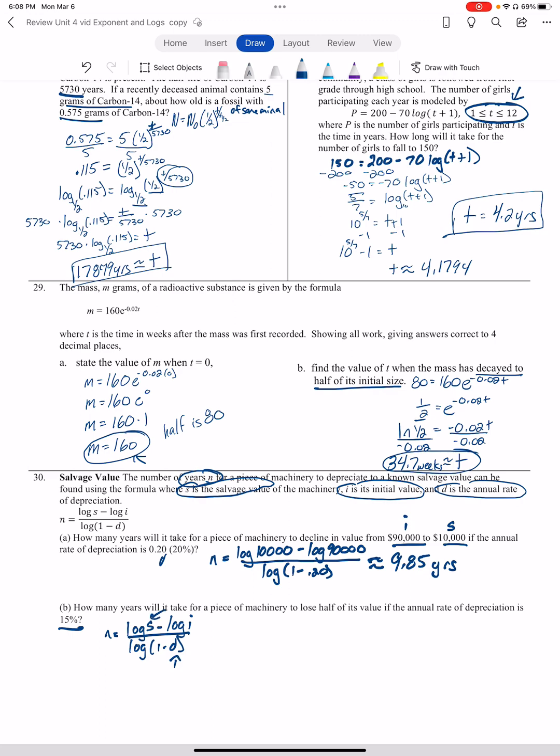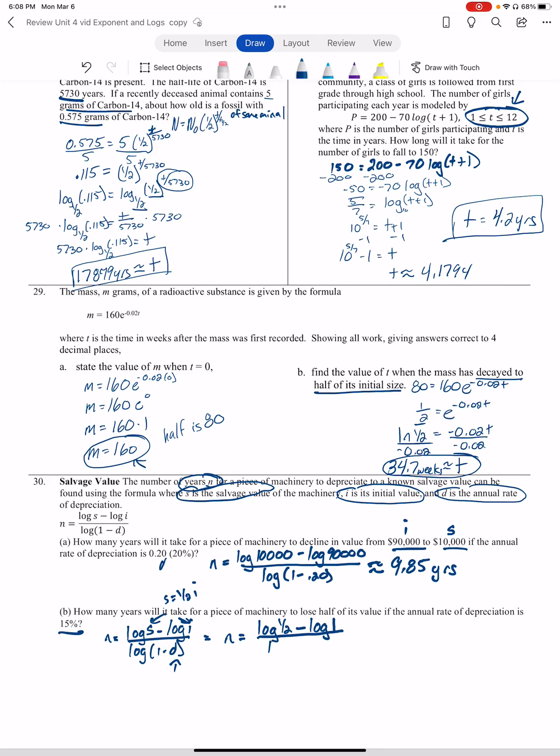Well, the relationship between s and I is that s is equal to half of I. So I'm going to say, just for the sake of this, if I tell you that I is 1, then S is going to be 1/2. So it doesn't matter what numbers you have there. What matters is